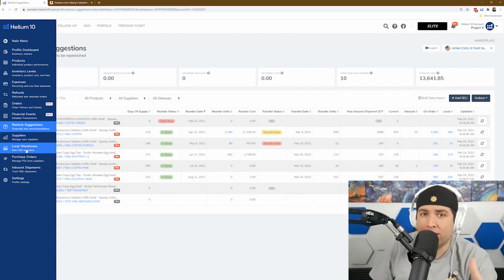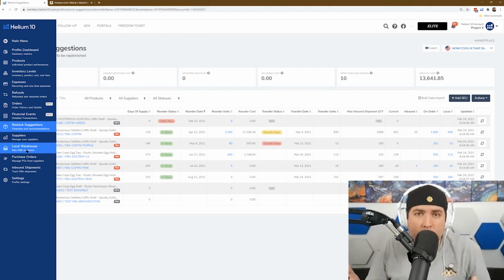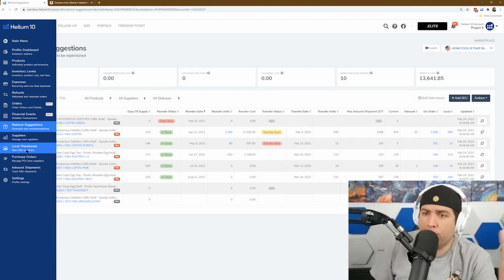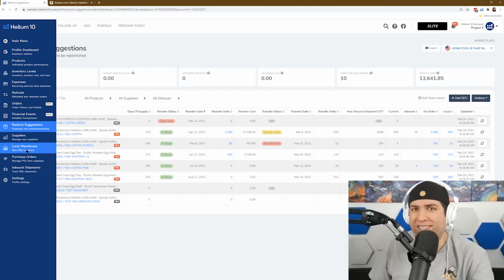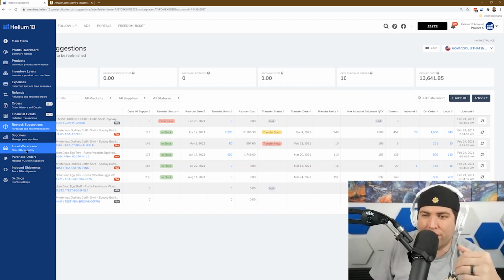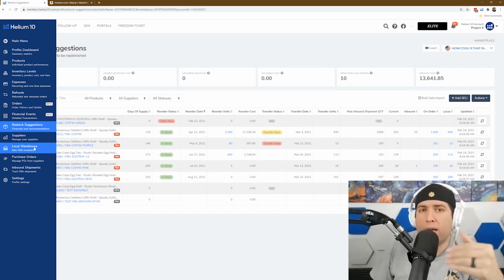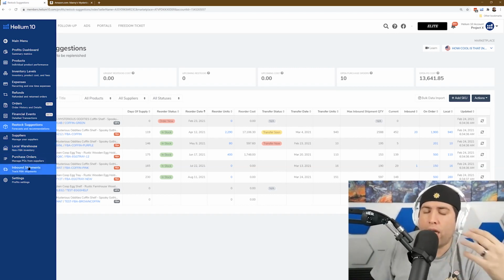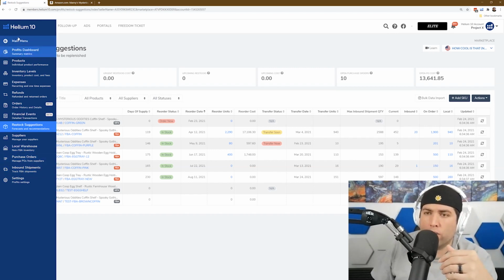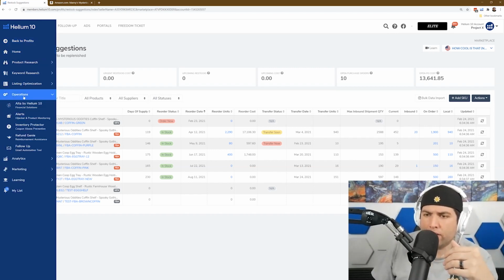A lot of us nowadays, in 2020 and 2021, had to start switching to third-party warehouses because of the Amazon restrictions, right? So if you're managing your inventory in your garage, like I am, I have a 2,000 square foot warehouse here at my house, or you have a third-party warehouse, well, now know how much you have there at your local warehouse, know how much you have in Amazon and what's on the way from your supplier. That's the analytics side.